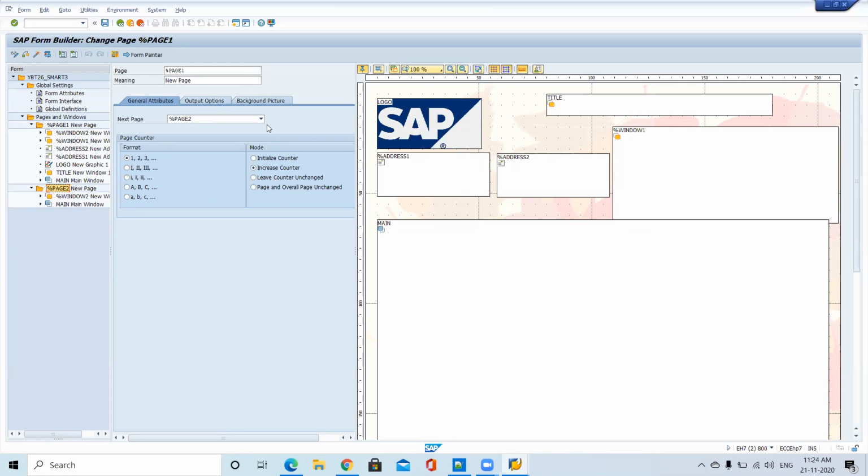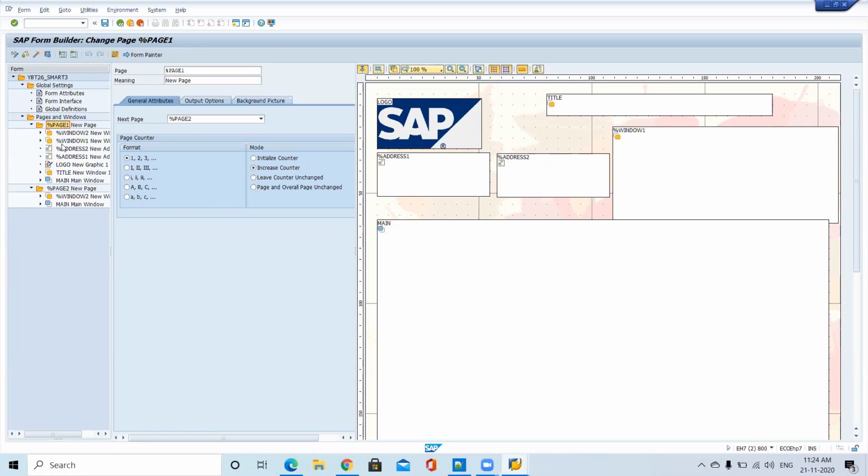So we need to create a page, then copy paste, right? First, complete page one: the alignments, the main window, and other properties. Finish it first. Just check that the format is correct, the output and alignment, everything. Now for the second page, we don't want to change that alignment, but we just want to remove other windows except the main window. The main window is common in page 1 and page 2.